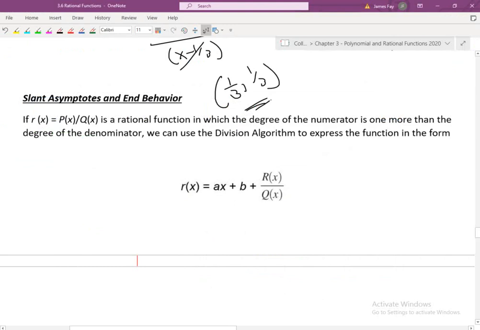Okay, so the next thing is a little caveat of some questions, things that happen occasionally when we do not have a horizontal asymptote. If I don't have a horizontal asymptote, then I'm going to have what we call an oblique asymptote, which